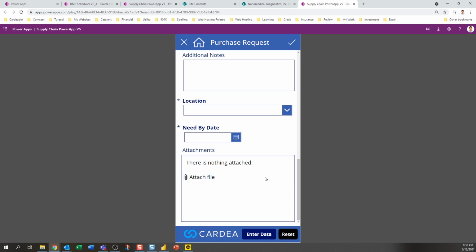Now you have the ability to attach files. Okay, so I think you can attach all the way to 10 different files, but each file has to be below 10 megabyte, and I think the total file size should be below 50 megabyte. Okay, so just for the